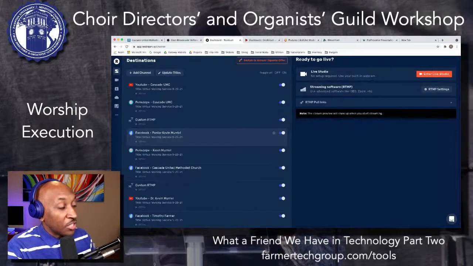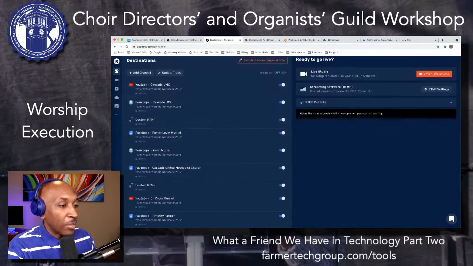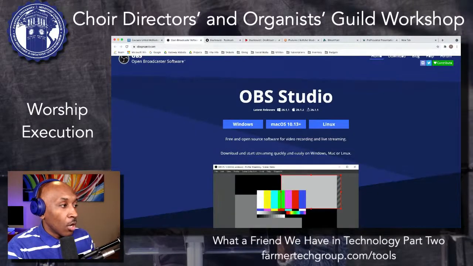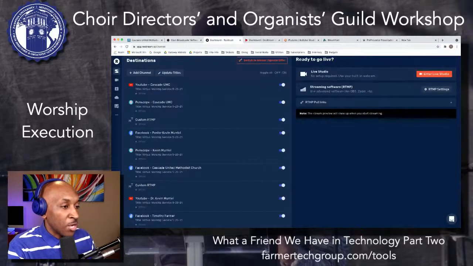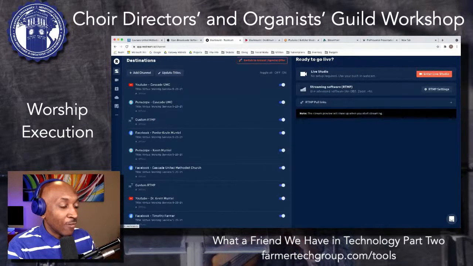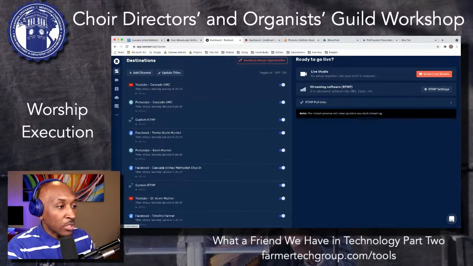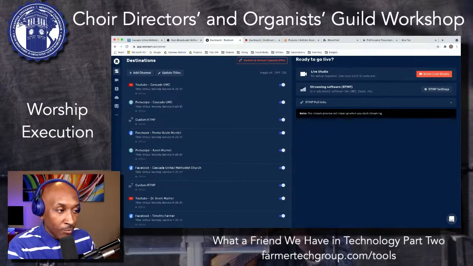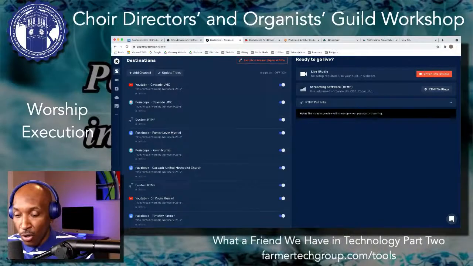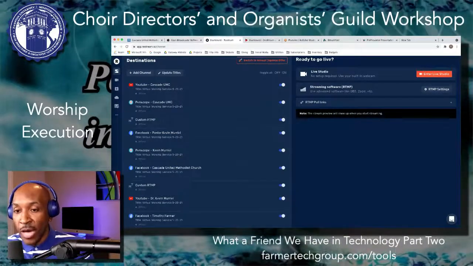And in addition to OBS, you have the ability, if you don't want to connect Restream to OBS, you can stream right from Restream in the live studio area. So if your camera's connected to the computer in the live stream area, when you go there, you'll see the image of the camera. You'll also be able to set your audio, and then you will have the ability to